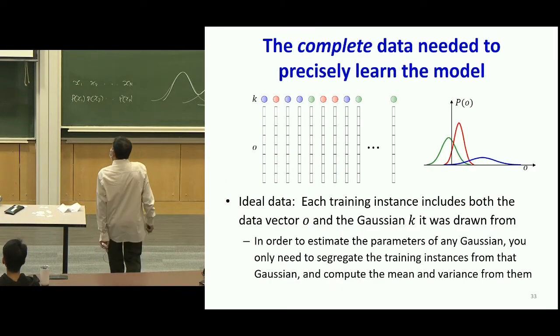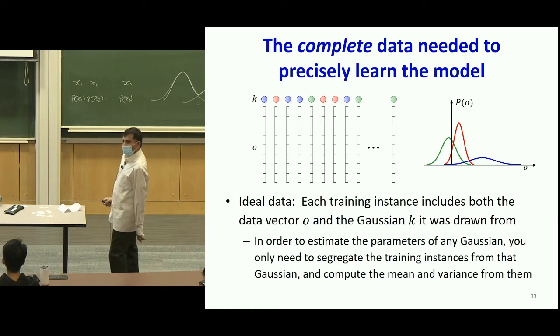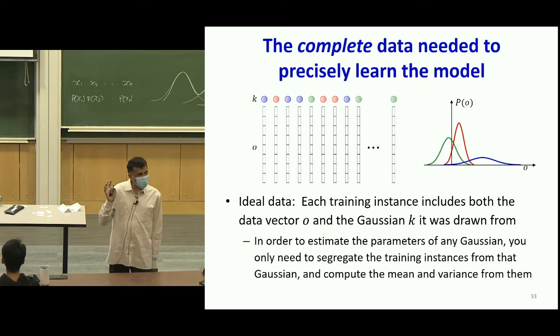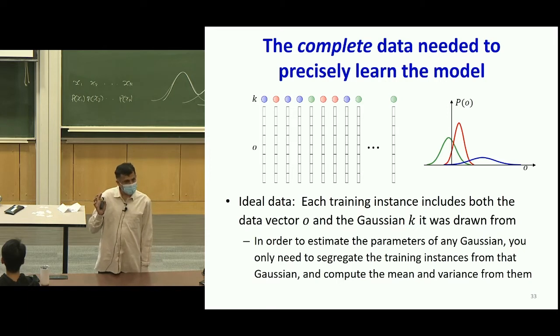So in the ideal case, if I have a mixture of 3 Gaussians, red, green, and blue, how many of you are colorblind? It's a serious question, because I flashed this slide a few times, and I had some students who couldn't see that there were 3 Gaussians. There were 2 red Gaussians and a blue Gaussian. So anyway,